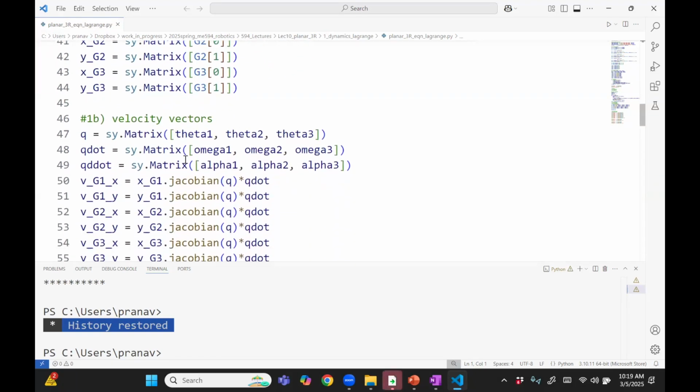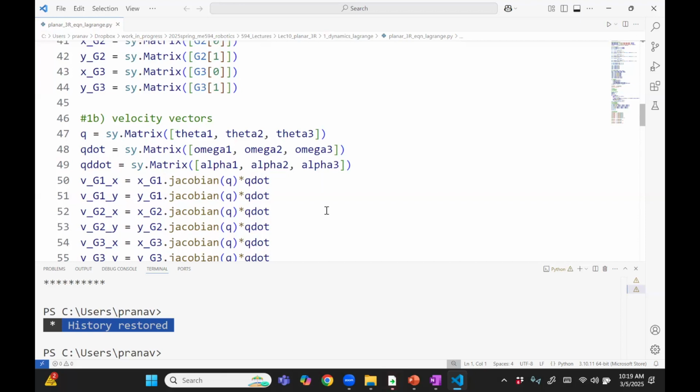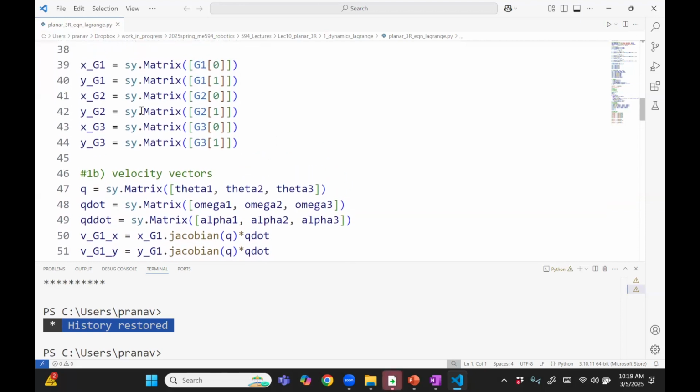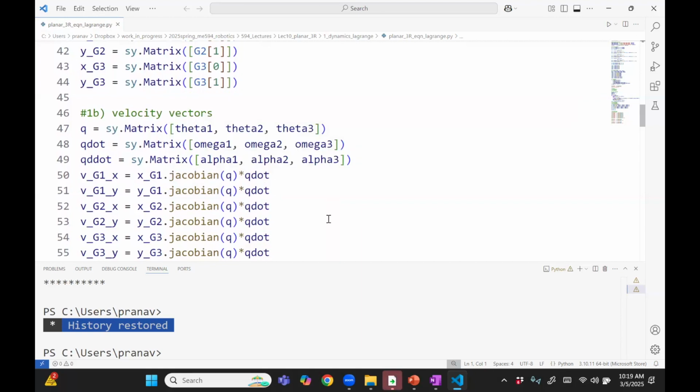To get the velocity, I use the Jacobian. Now, this is another way of writing the Jacobian. I did not do the formula I wrote down in the past. The Jacobian formula had something like R times N, right? This one is just taking X and taking the derivative with respect to q1, q2, so theta 1, theta 2. You can do that using a single command in SymPy. It's just Jacobian of X with respect to q, which basically will do, write it down here,